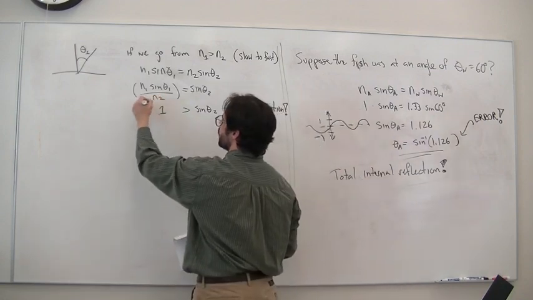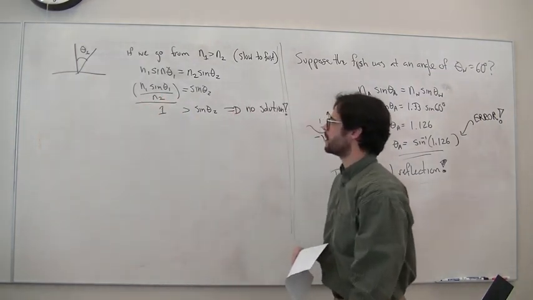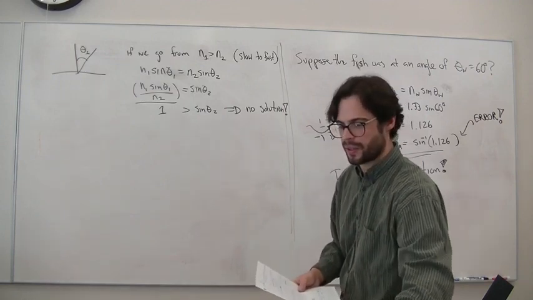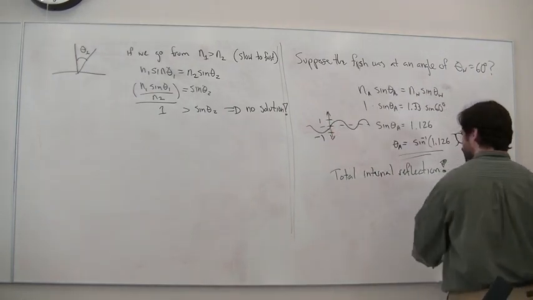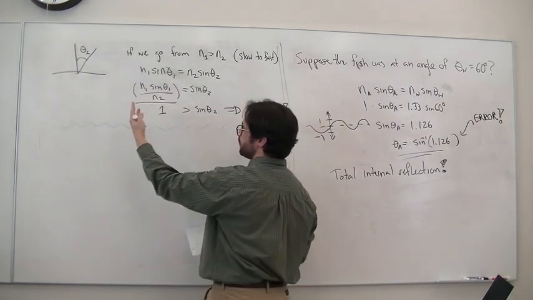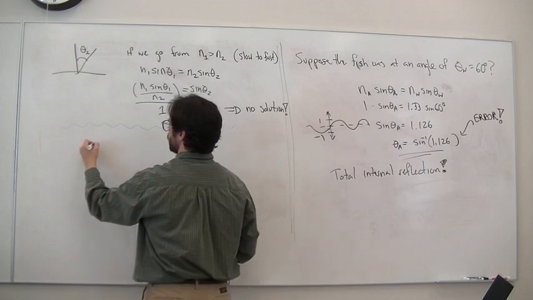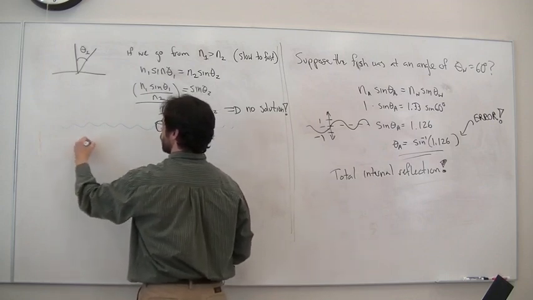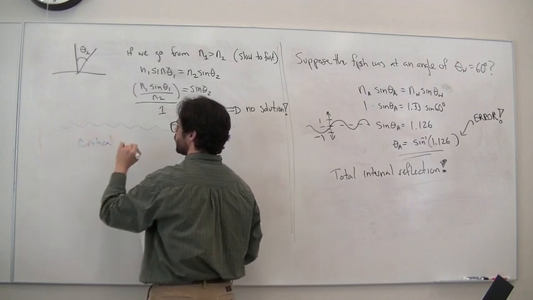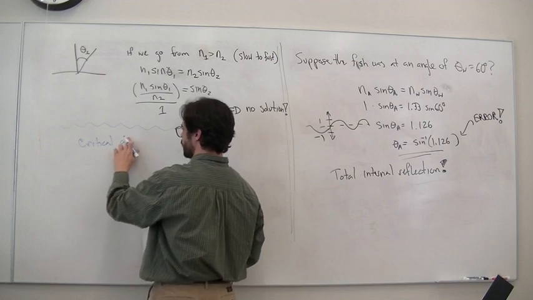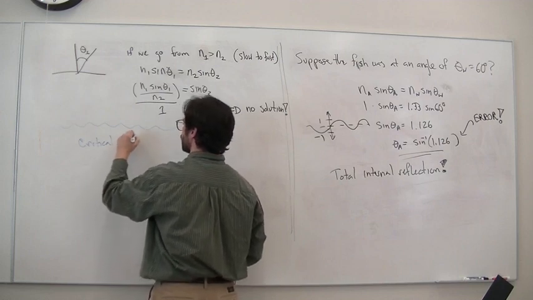So this being greater than 1 is the condition for total internal reflection. And what you usually do is you define a thing called the critical angle. So the critical angle for an interface, the interface has to be from A to B, is defined as this. So if you actually look at the biggest angle that you can possibly make before you go from refraction to total internal reflection,